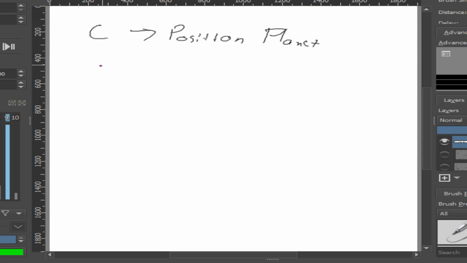So, planet moves. Then camera takes planet position. Then planet moves again. Then camera takes planet position. And so on and so forth until time immemorial. Wait, I used that wrong. Anyway,